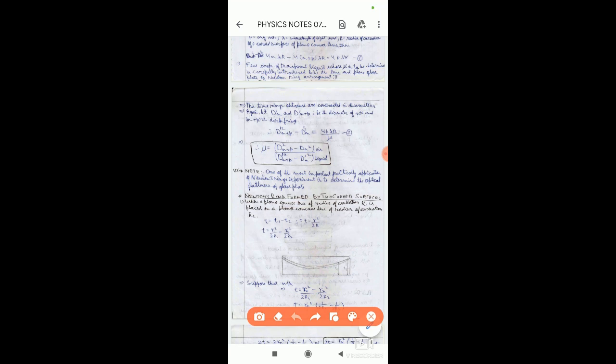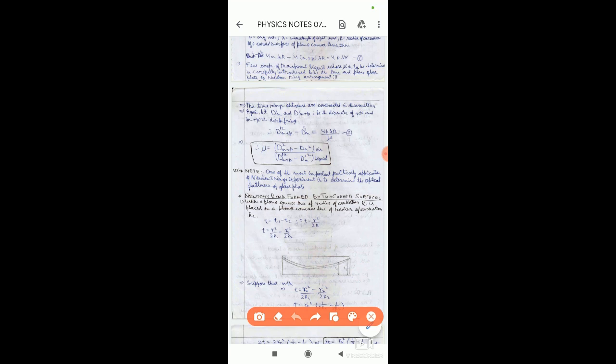Okay, so it is about determination of wavelength and determination of refractive index by using Newton's ring experiment. Now we will discuss Newton's ring formed by two curved surfaces. Case first, when a plano convex lens of radius of curvature R1 is placed on a plano concave lens of radius of curvature R2 as shown in figure.